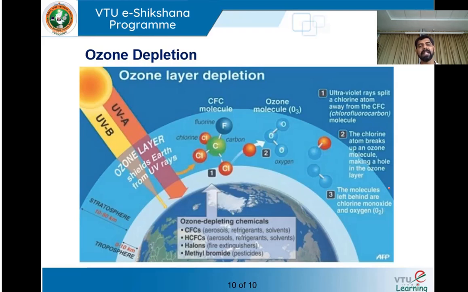As I said, ozone is made up of 3 oxygen atoms. It is separating it. Once it separates, obviously it is no longer ozone. The density of that ozone keeps on diminishing. The thickness of the ozone decreases. It becomes thin, so it will no longer act as a protective layer, and all these UV radiations from the sun will directly reach us, and thereby it has a huge impact on the earth.